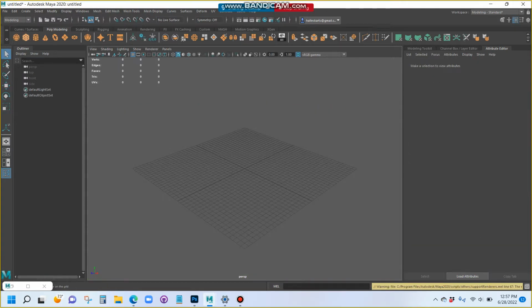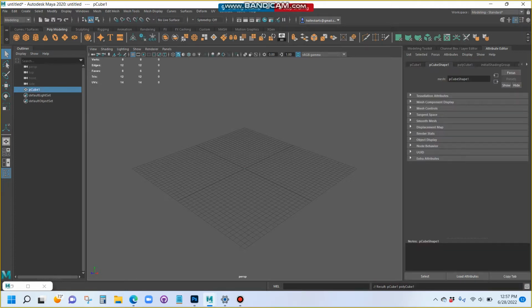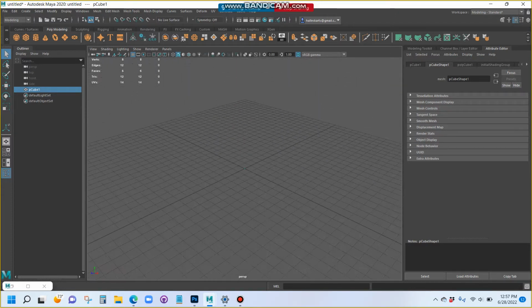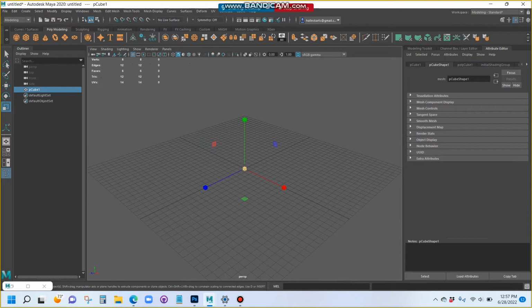Save. Everything starts from a primitive. A primitive shape is one of these. A cube is the most common one to start with. I clicked on that. Now it's really small because my scenes are set to be huge sizes. But it's there, you just don't see it. So what you have to do, if this happens, is hit R, and it'll bring it to the scale, click and drag,